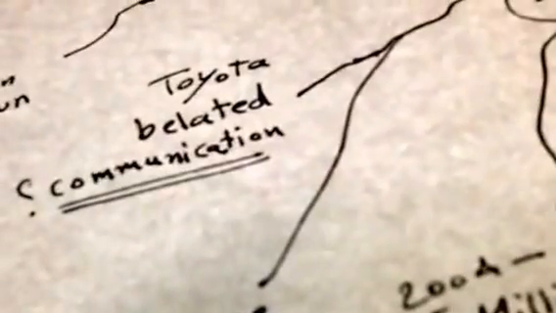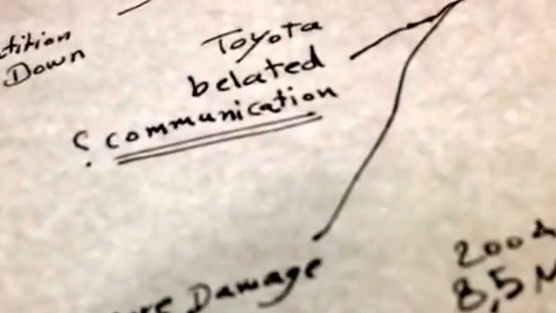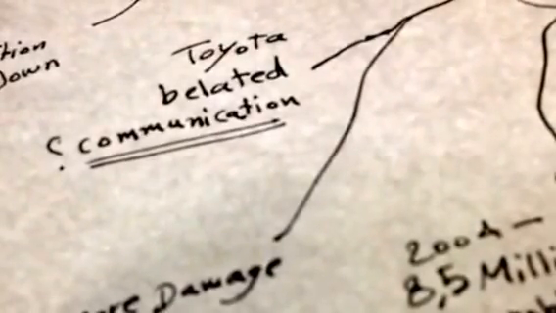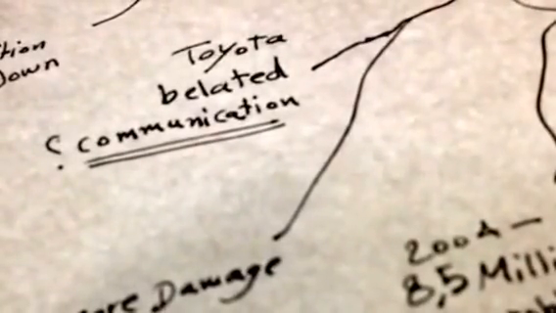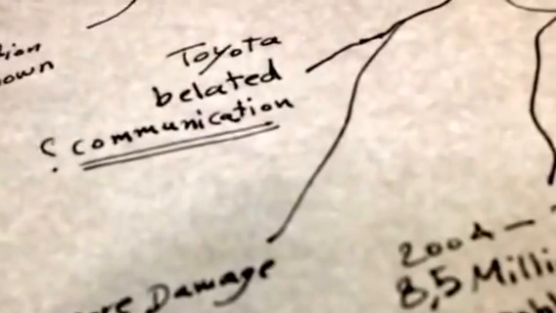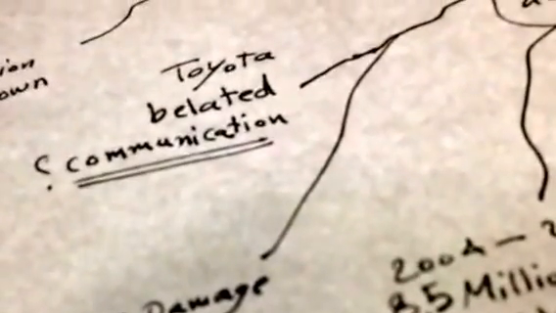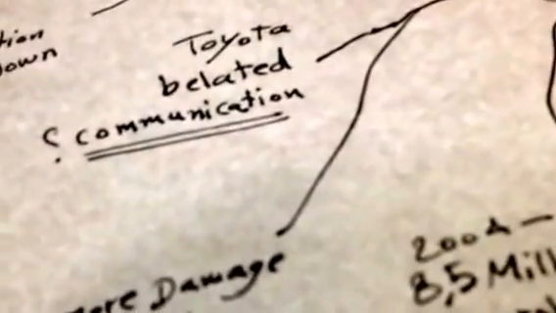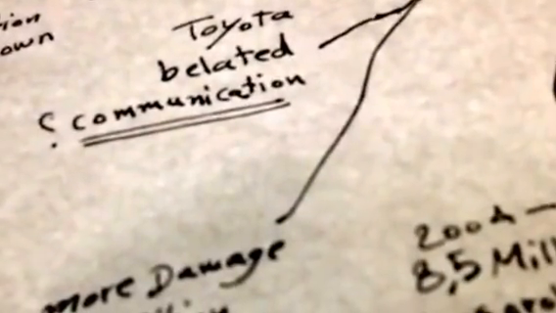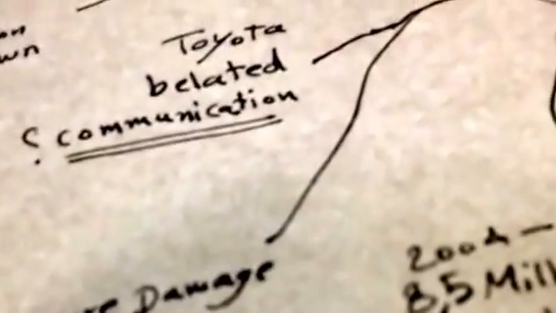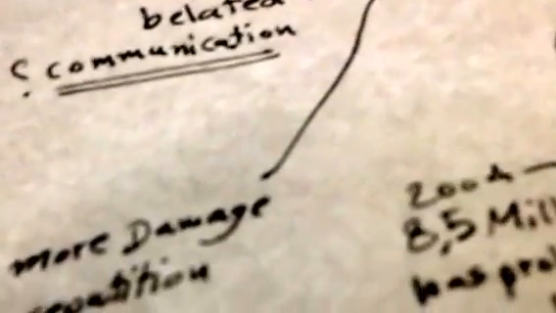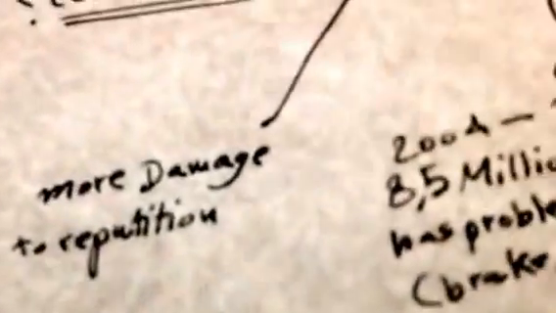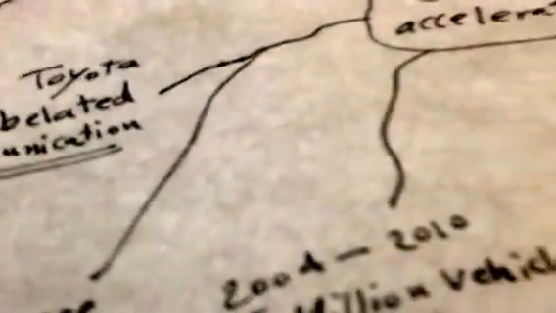Here another thing, Toyota's belated communication. This is one of the problems, right? And that's why I highlighted it here and put belated. The communication was late. They didn't take the complaints seriously, and they didn't respond to the complaints. Or at least they thought that maybe Toyota has contributed to the mistake. Maybe the problem is from Toyota, not from the user of the car. They thought no, maybe the user of the car causes some problem.